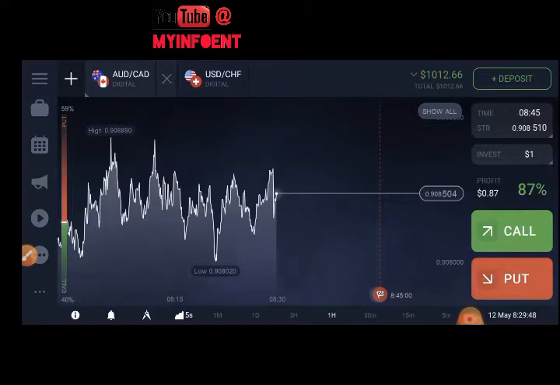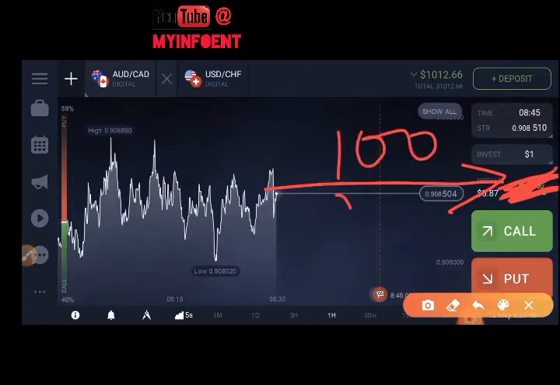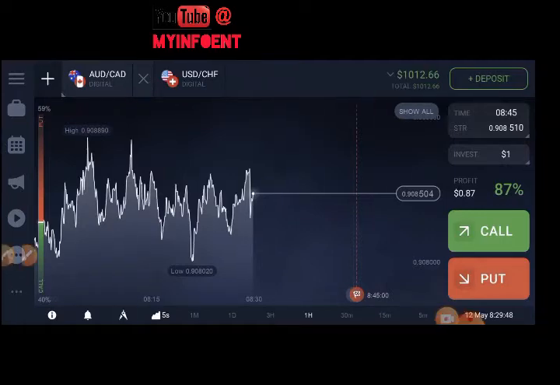the support. So when it's making sharp resistance, and the profit ratio is 99, and the profit ratio, this is 87, don't trade when it's 87. You only trade when it's 100, 99 and 98. Anything below 98, do not trade. So that being said, another thing, if you see another chart like this,